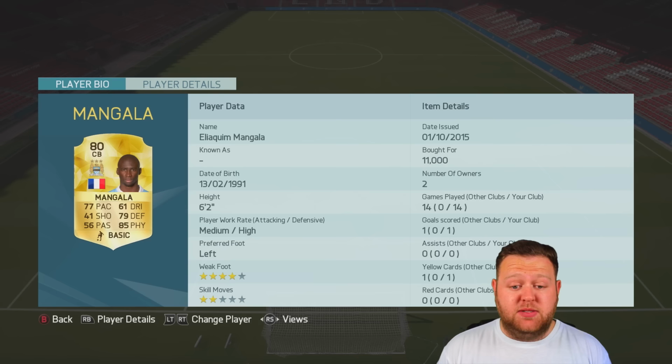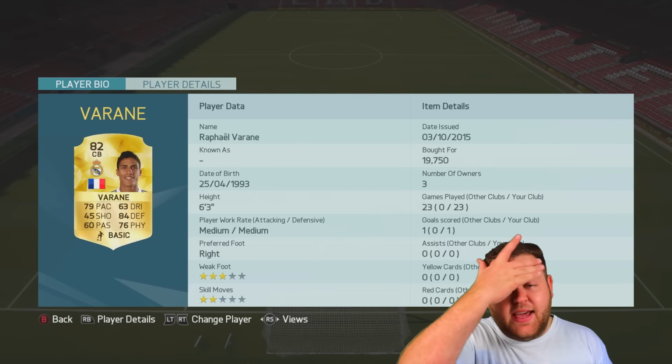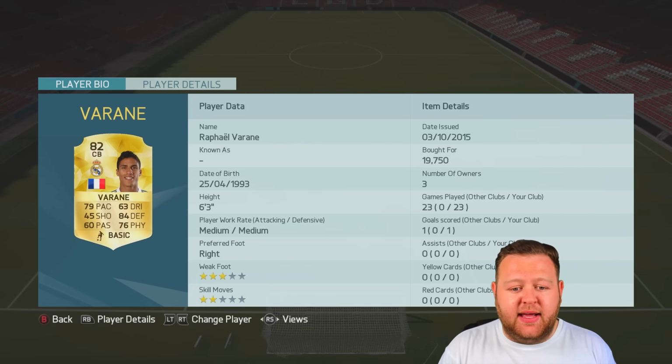Pacey centre-backs as well today. We've got Mangala with 77 pace, 79 defending and 85 physical. Didn't do quite so well against Liverpool the other day, but on the game, he's still a very, very solid centre-back. And we then got Rafael...